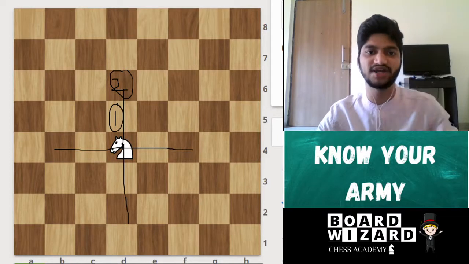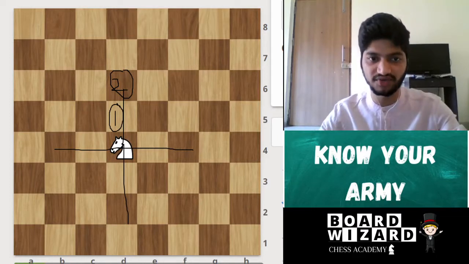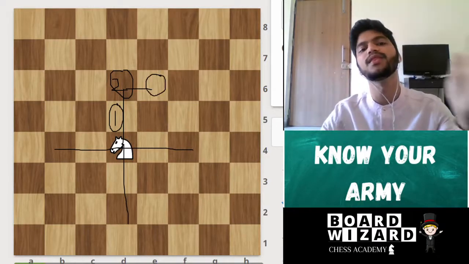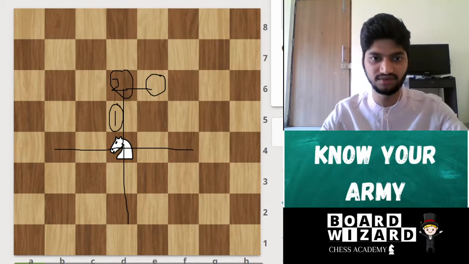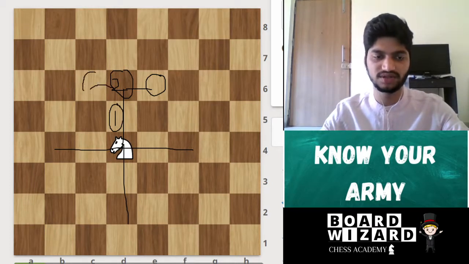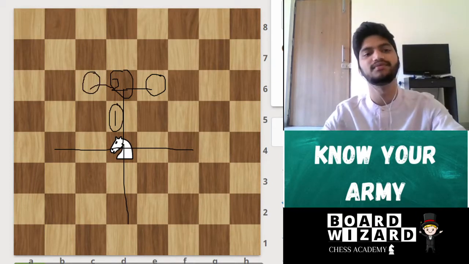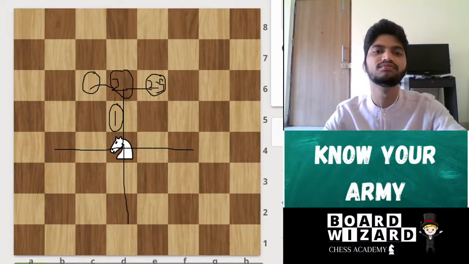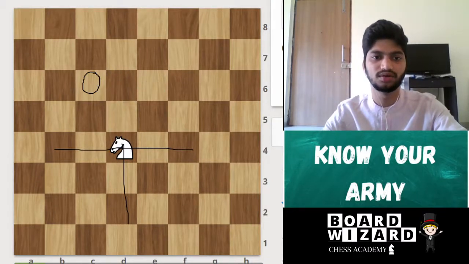So the half step means from there, if he is going up, he is going to take either the square on the right side or the square on the left side, and that is your 2.5 step. Okay, let me tell you one more time.